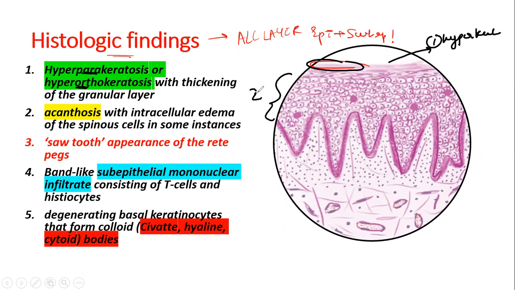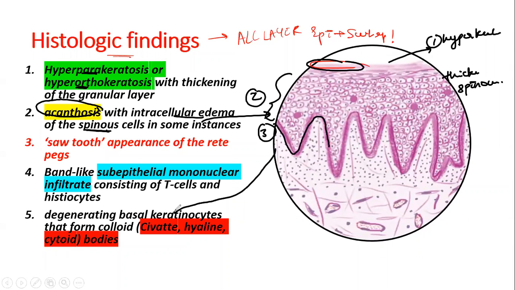In the second layer, you see the spinous layer. The spinous layer shows acanthosis or thickening with intracellular edema. So there is thickening of the spinous layer. When you go below that, you see degeneration of the basal keratinocytes with cytoid bodies, right? So these are hyaline cytoid bodies, which are called the Civatte bodies. So the first point is hyperkeratosis, the second is acanthosis of spinous layer, and the third is degeneration of basal